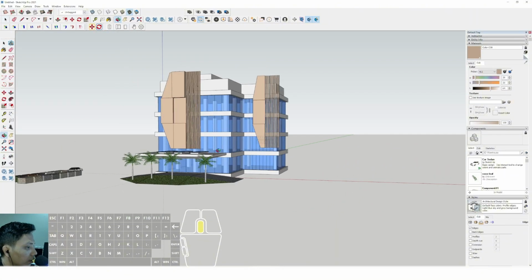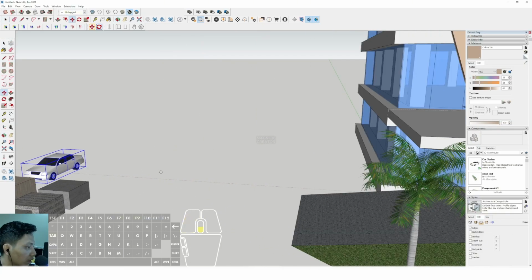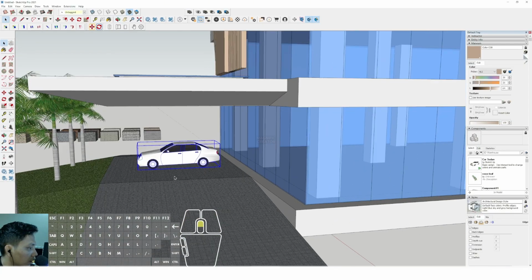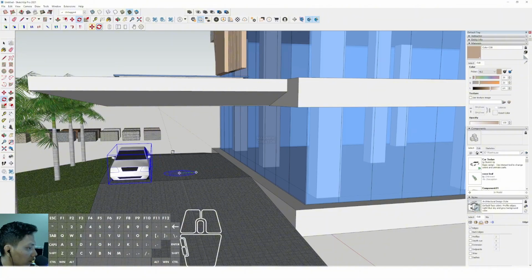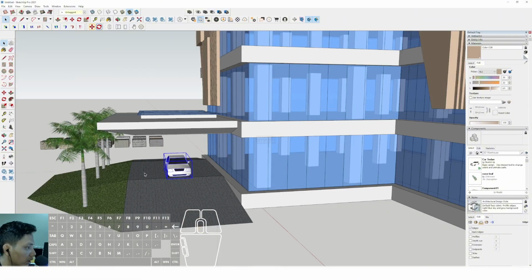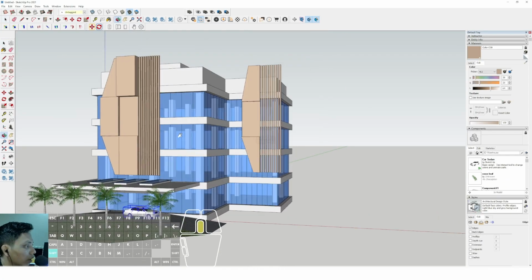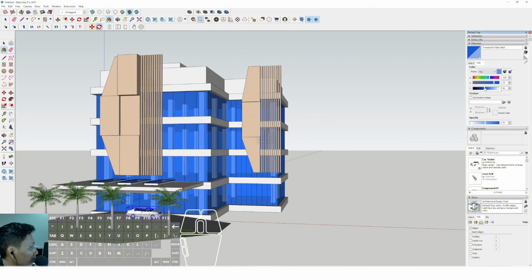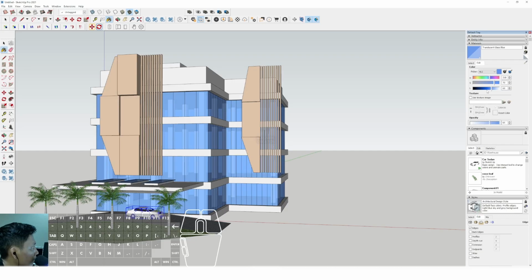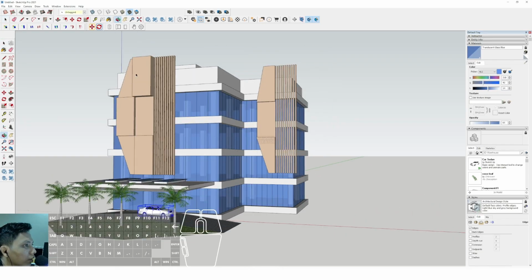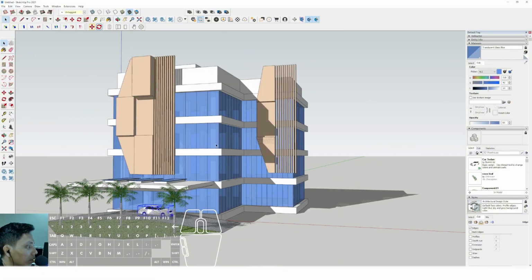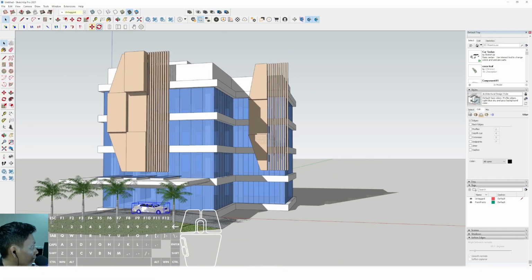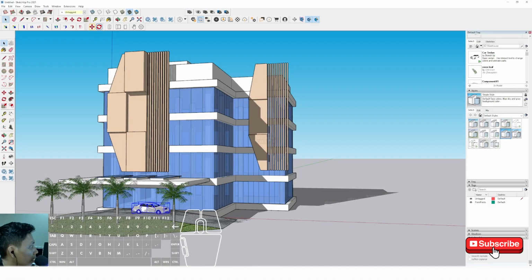Okay, and it's done, and we can put other vehicles in here and just rotate them on the drop off area over there. Okay, and then we can assign the glazing materials over there. Okay, we can set the opacity and set the glazing. Okay, we can make the shadow, and then we can also select the